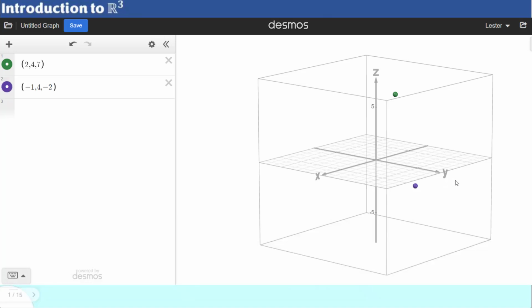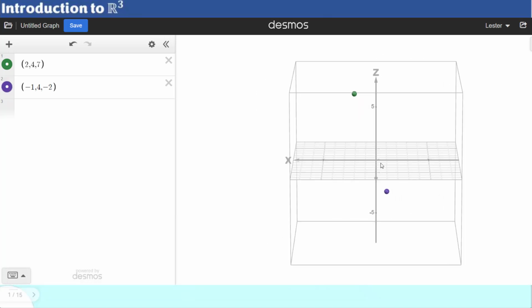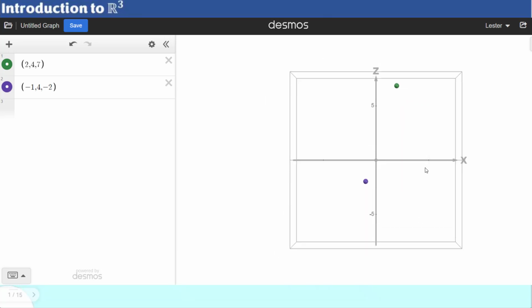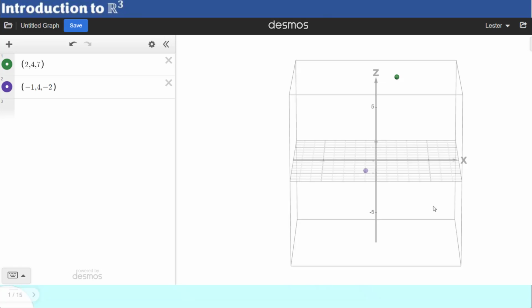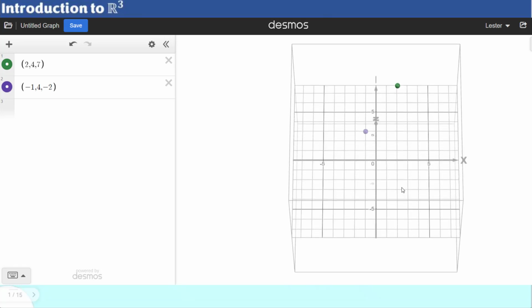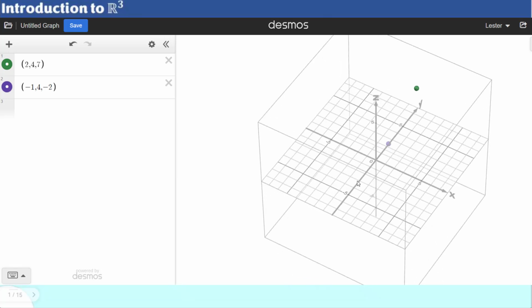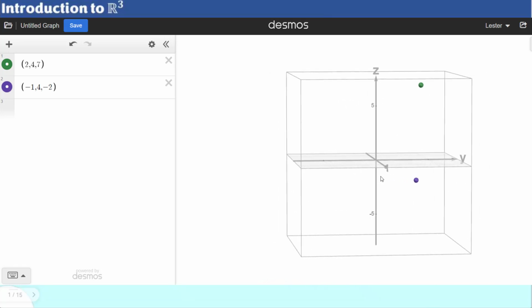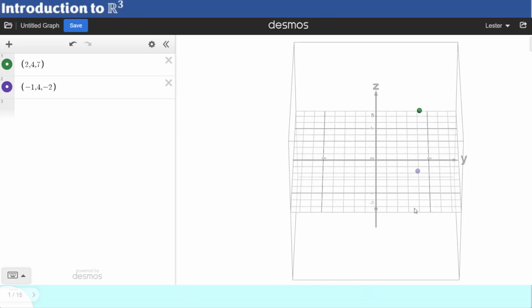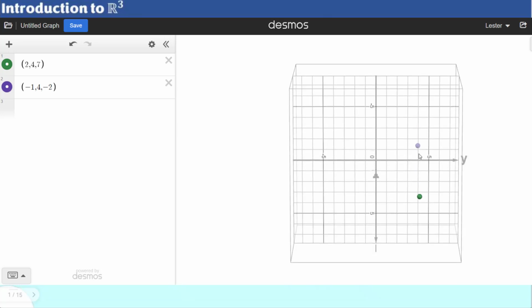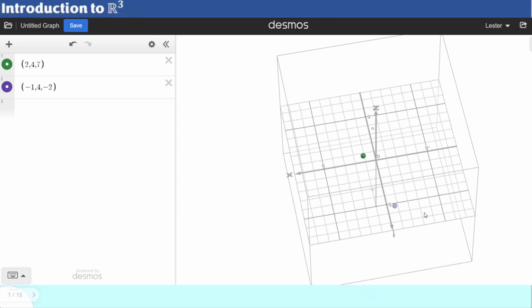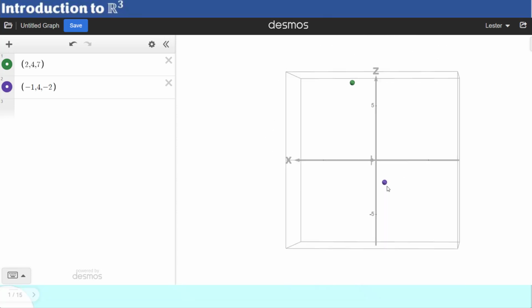That's why Desmos will allow us to rotate this one, and you would see that X would really have a negative value. Or if you don't want that, you can use this perspective. Our X is actually negative, as X here is being positive in this direction. You would see the value. And 4 is still on 4. So that's for our Y. You would see that for our Y, it's still 4, sorry. It's still 4 at this point here. Okay? That is the location for our Y at point 4. Okay, and this is actually, if I'm correct, X, so -1, and the location Z is at the bottom, -2.